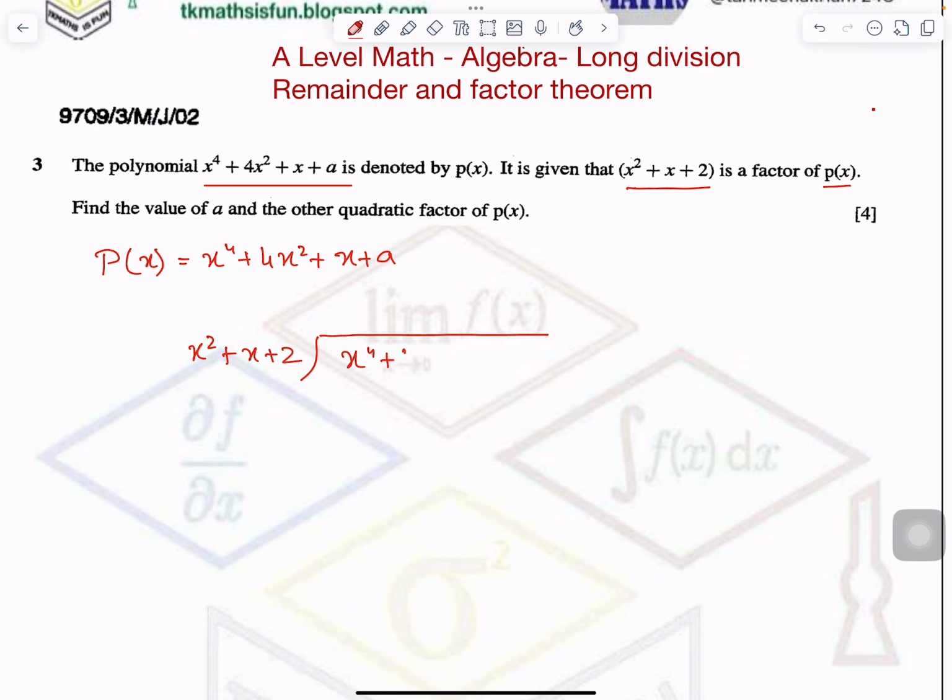In my earlier video, link you will find in the description below, I have solved tricky questions of polynomial as well from the recent paper November 16. So now when we are solving it, we will multiply x square by x square to get x power 4. We always try to eliminate the first term in the polynomial, which is x power 4 here.